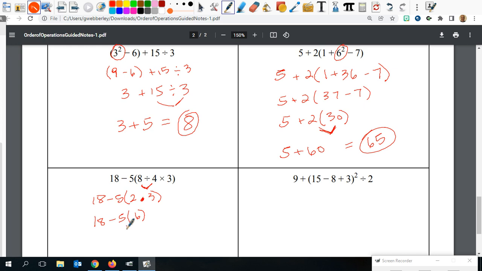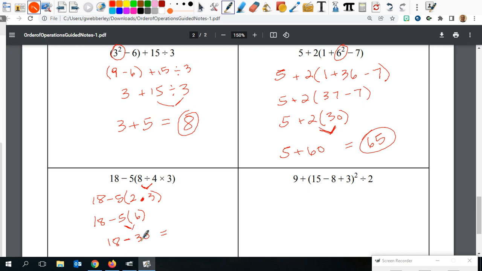Multiply before I would subtract. So I don't want to subtract 18 minus 5. You want to multiply with this parenthesis. So you're going to get an 18 minus 30. So that's 18 minus 30. Will the answer be positive or negative? Negative. Yeah. There's more negatives here because this minus 30, there's only one sign in front of 30, and